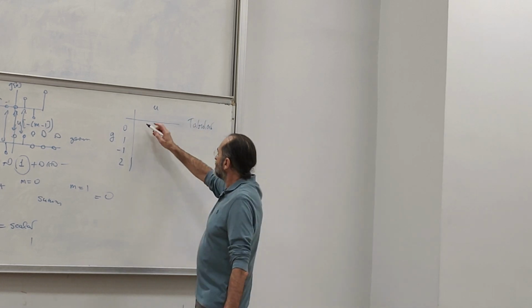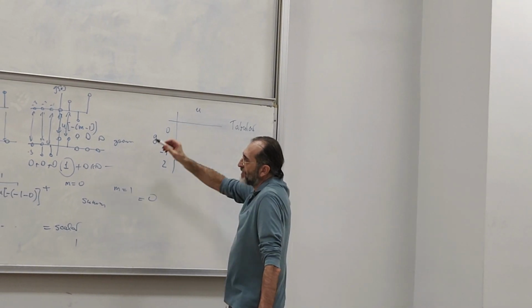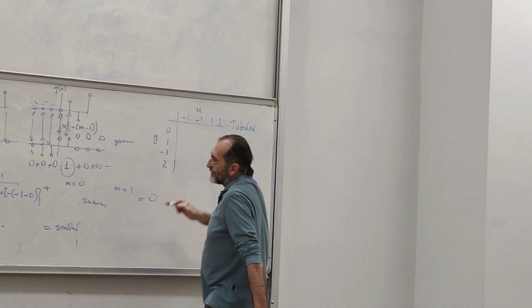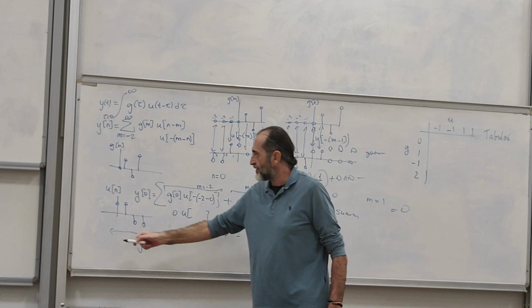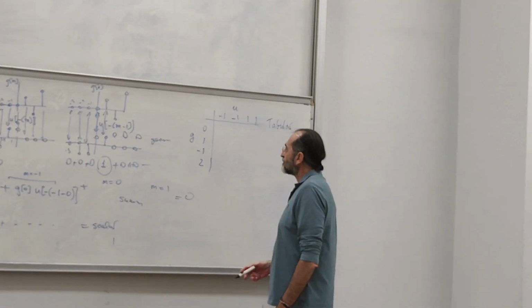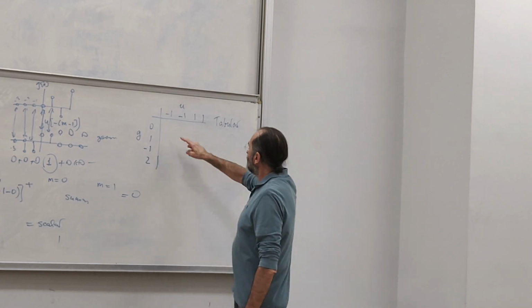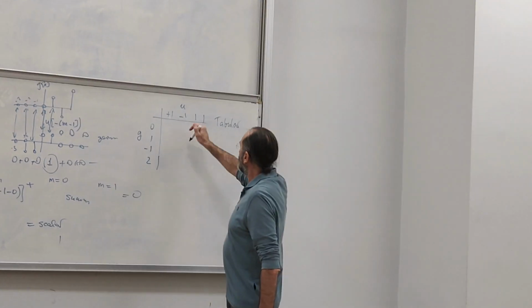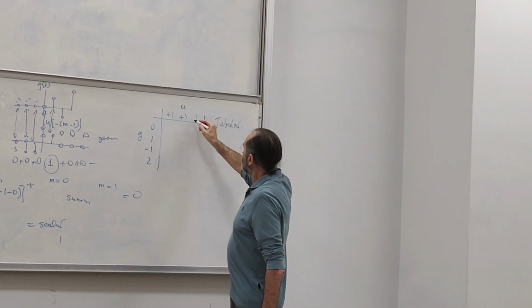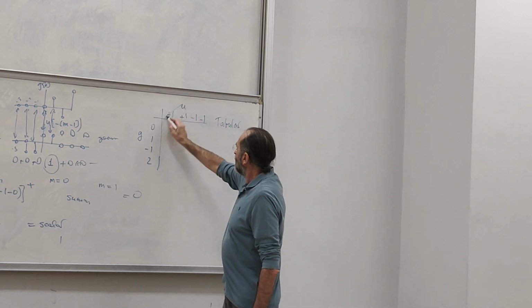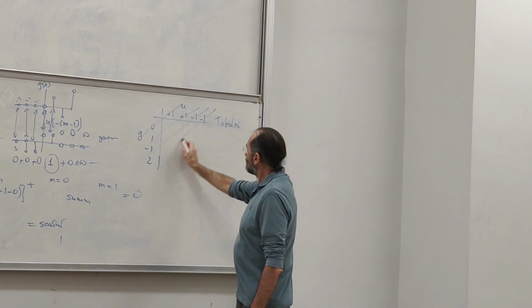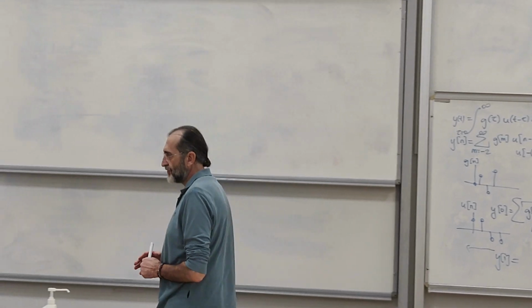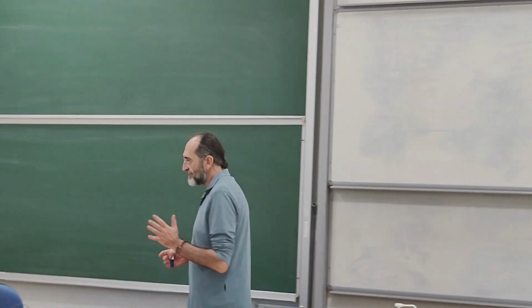And here what you do is, once you put u here, which is going to be minus 1, minus 1, 1, and 1. So you start from here, go backwards, because you have to switch it. Okay? Wait, at 0, it has to be plus 1. At minus 1, it has to be 1. And then at minus 2, it has to be minus 1, minus 1. And then you do the multiplication like that. It shows on the exercise sheet how exactly you do it, right? With all the manipulations and everything indicated.